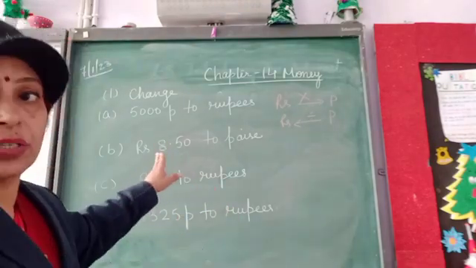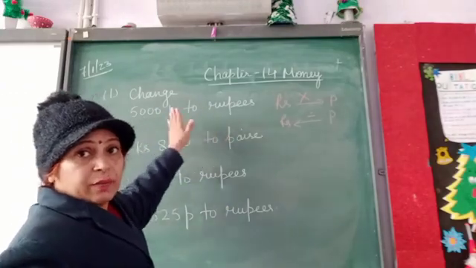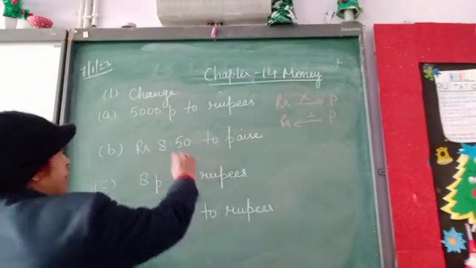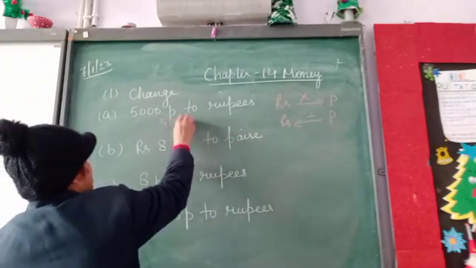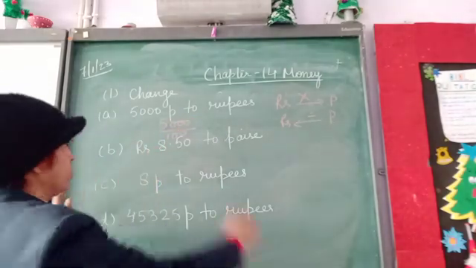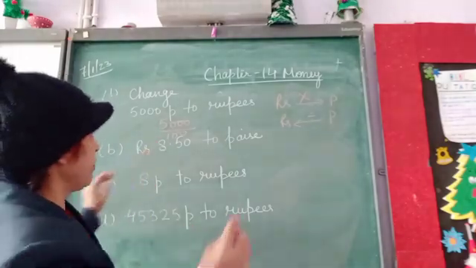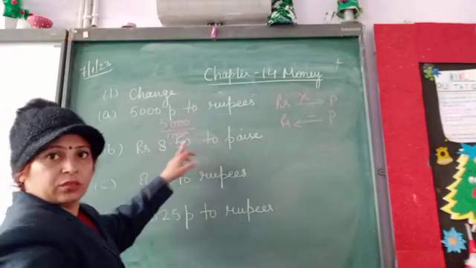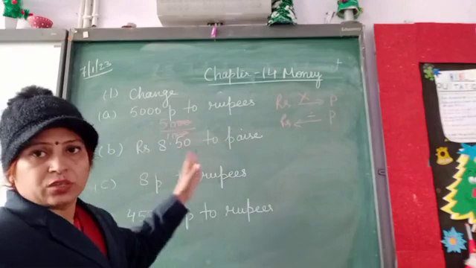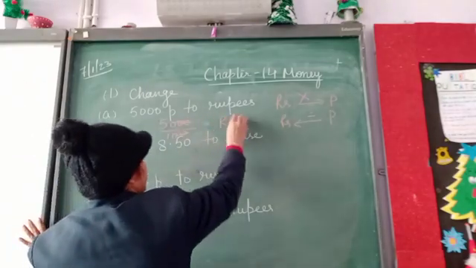Now see these questions. Why do you have to change this 5000 paisa to rupees? Paisa is a smaller unit, rupees is a bigger unit. So what will you do? You will divide by 100. So 5000 divided by 100. Both ways you can follow, any one you can follow. Either you do it this way: cut down 2 zeros here, because 2 zeros are given below, you have to cut the same number of zeros on the numerator also. Now you will get the answer rupees 50.